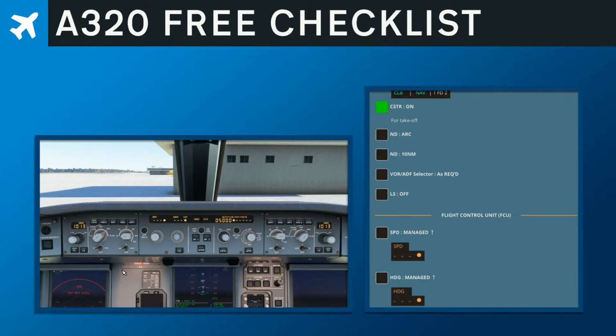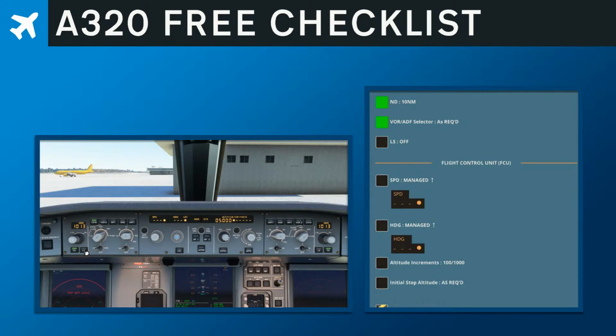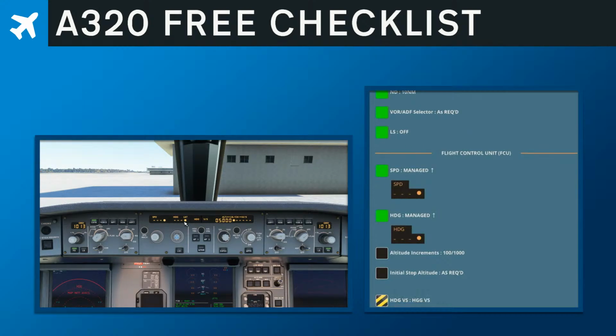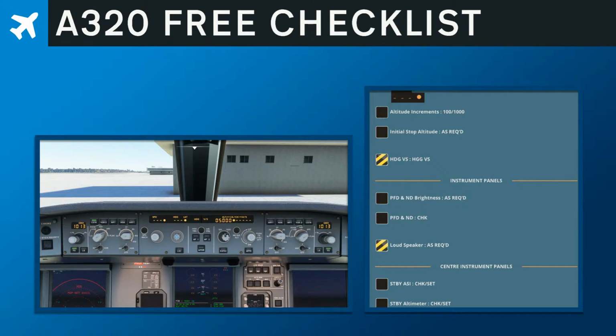Okay, so now we need to go to the navigation display and set arc. So that's that button there, and we want it set at 10 nautical miles. That's those two items on the checklist there. VOR ADF will set in a moment once we've done that. Landing system is set to off. So when we check the flight control unit, we want to make sure that we have dash dot, and that basically means that the computer is working in manage mode, and we want to check that we have hundreds or thousands. Here we'll stick with thousands, and our initial stop height, which is going to be